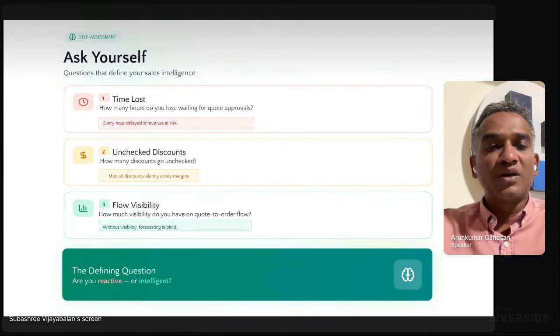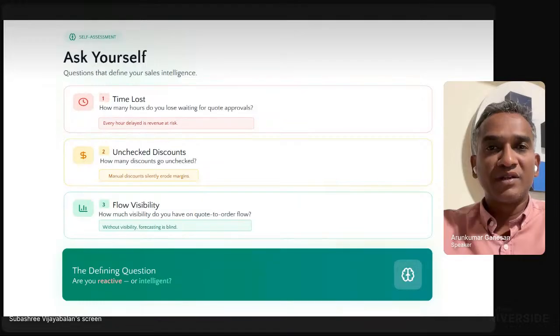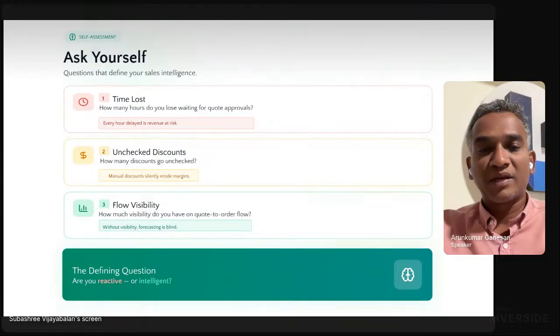And also ask how many discounts, whenever your sales team is making a discount, how many such offers are going unnoticed, right? And as a sales manager or responsible manager, do you have visibility of your team or even a salesperson working on a quote, right from the day it has come to your queue until it got into delivery, what prices they are offering, what kind of designs are getting created?